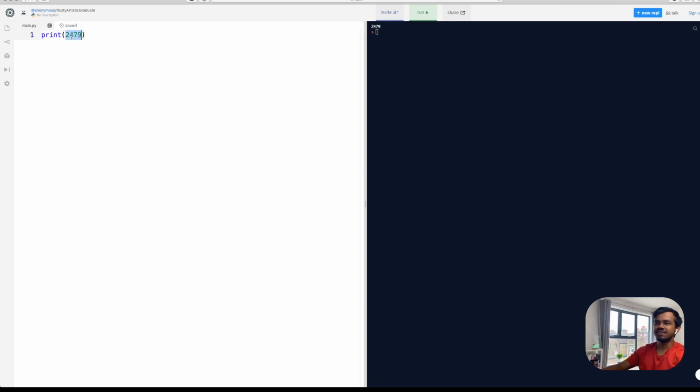So here, instead of printing out 2479, I can do some more fun things. I can type in 10 plus 15, right? Now, 10 slash, that looks weird, right? But actually, if I run this, Python's pretty cool. It'll actually print out the result of whatever's inside here, right? Which is pretty cool.